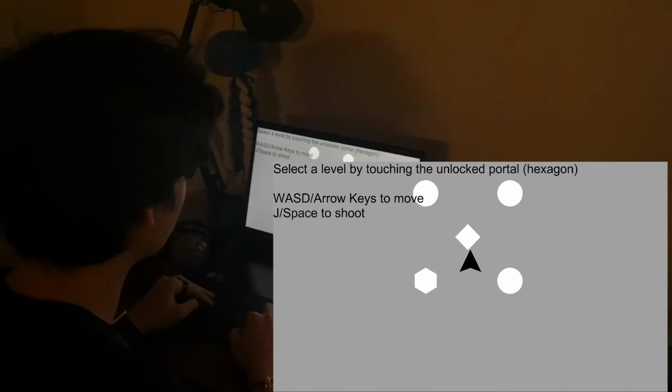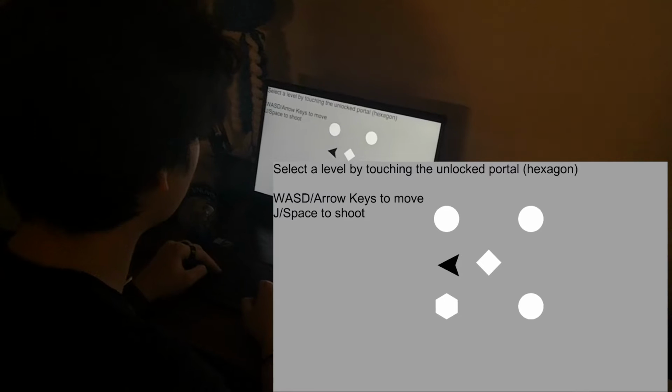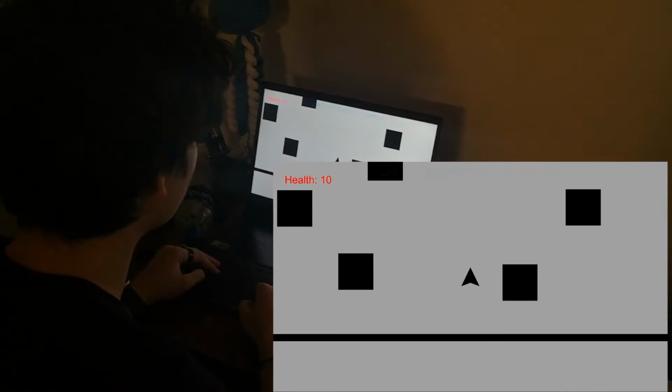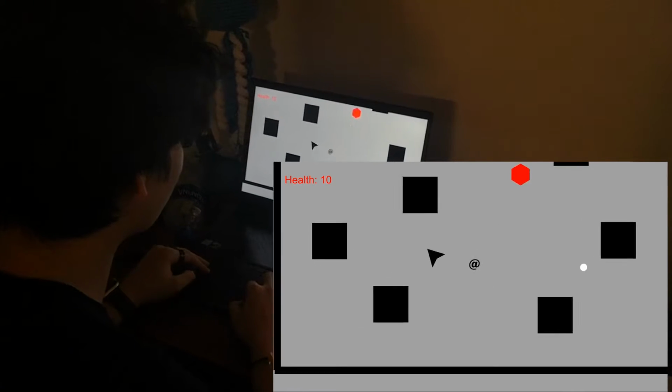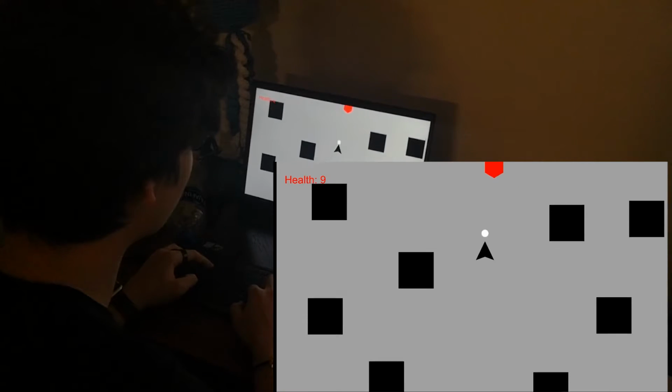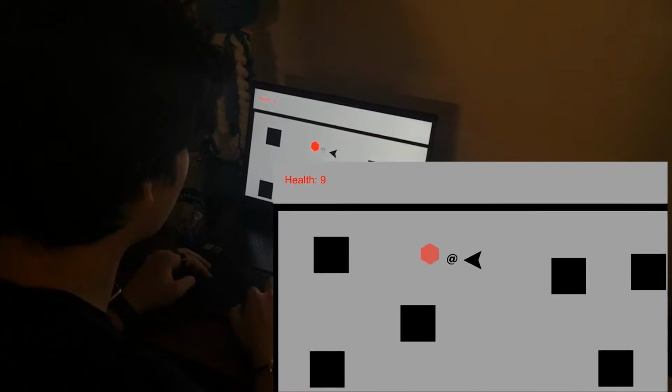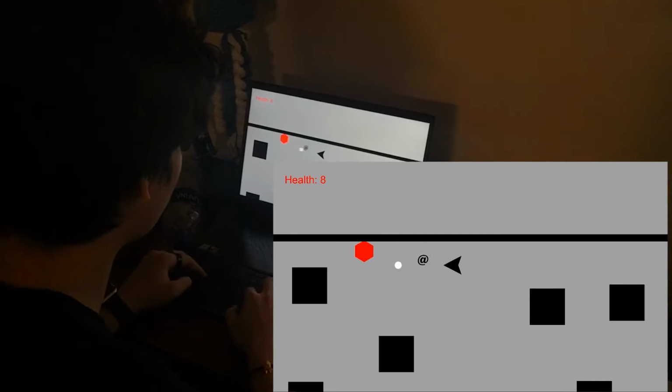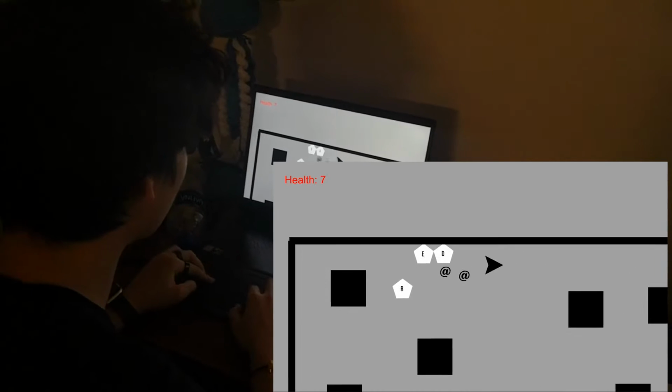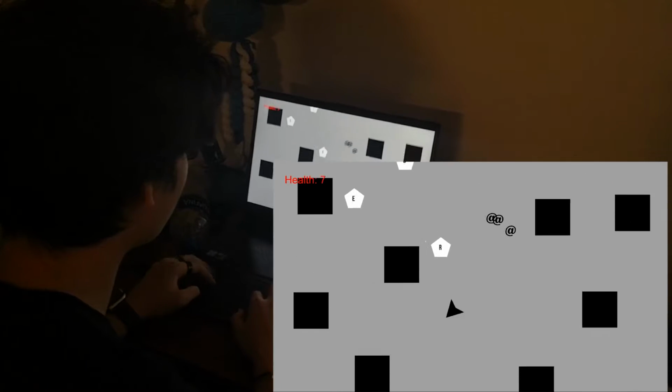This is what the game looks like. The player character can move in 8 directions and shoot in the direction they're facing. They have a set amount of health on each level, which is displayed on the top left corner. The movement and animation is controlled by a 150-line script. Unity has a lot of built-in functions and rendering already in place, which is why 115 lines was more than